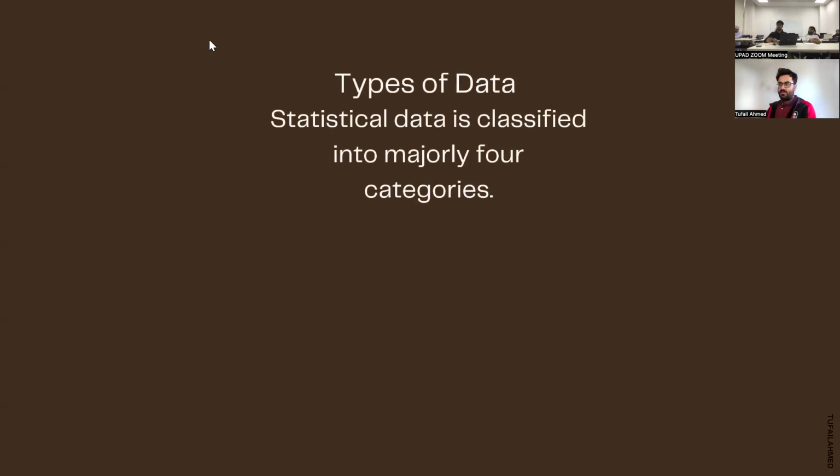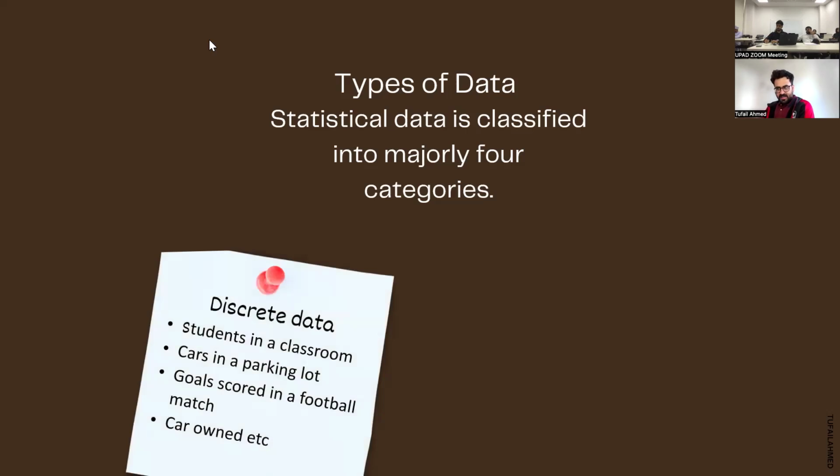Now, when we come to statistical data, we categorize it into four major categories. Firstly, this is used in SPSS later on for the data analysis. So as I told you, we can have an absolute number, and in statistical terms, we call it discrete data. I have given you an example before. I will give you an example again.